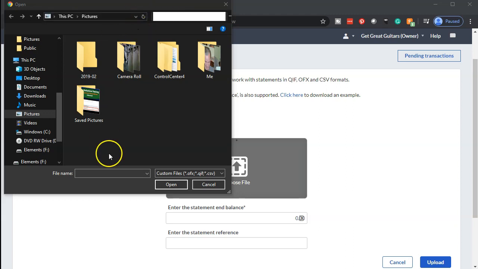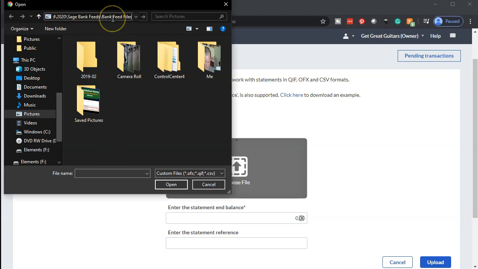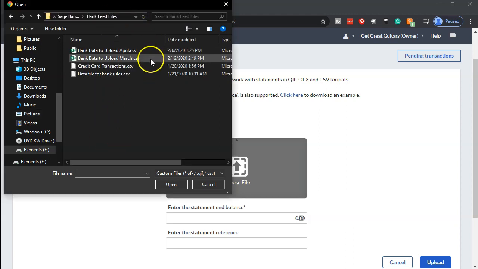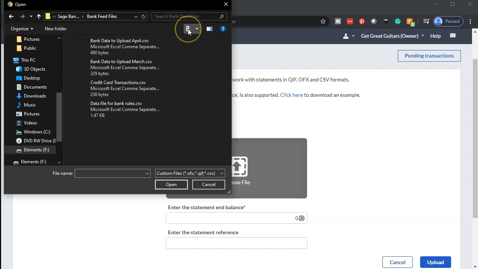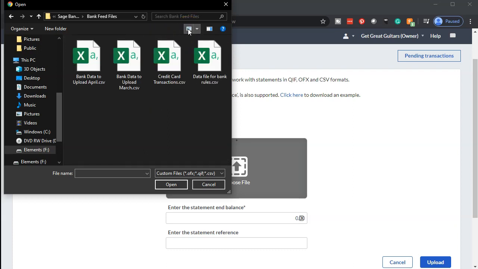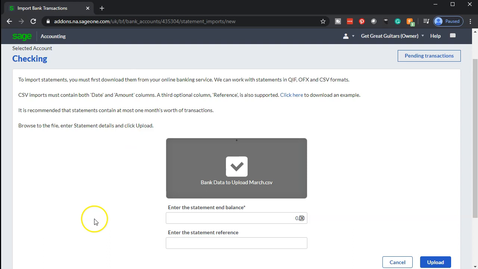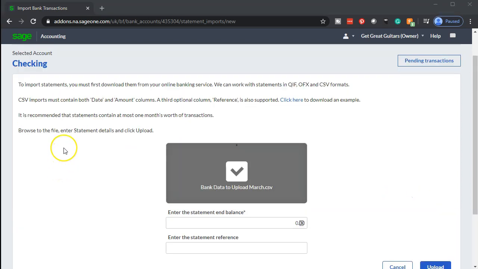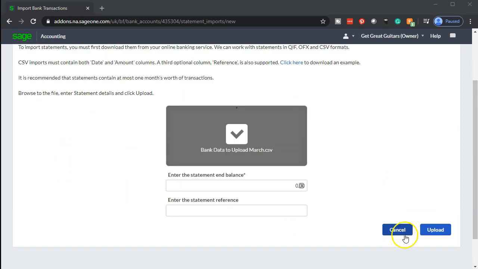See if I can find the document over here. We're going to say it's on this location. I'm pasting in the page. I'm going to make this a little bit larger so that we can see them as icons. And we want to be picking up the data for March. So it looks like this. It's a March CSV file. Looks kind of like an Excel file, but no, it's a CSV file. So I'm going to double click on that, and we're going to upload that information. So I'm going to keep it at that for now, and I'm going to go and see if we can